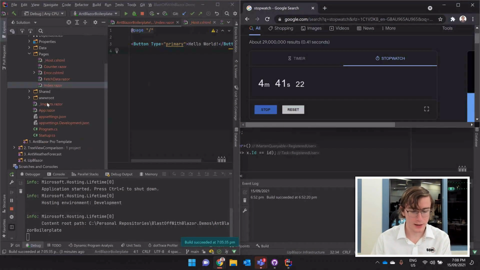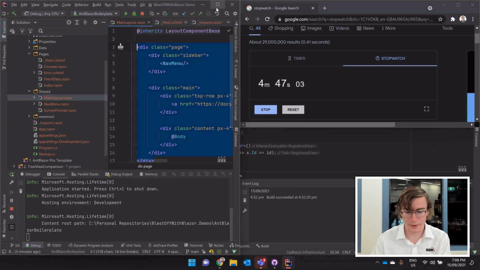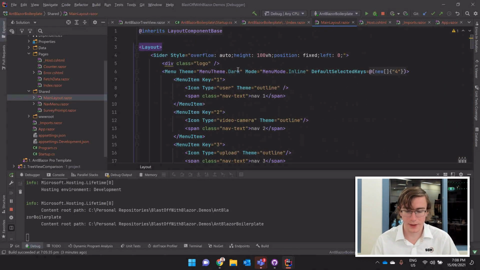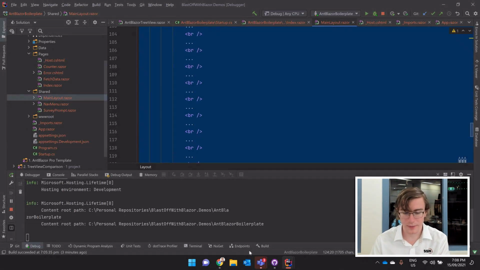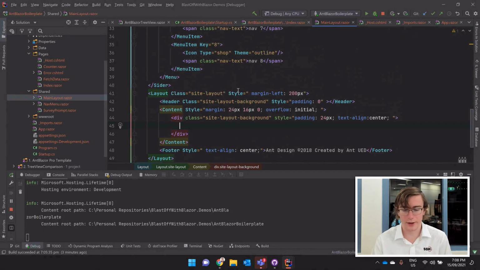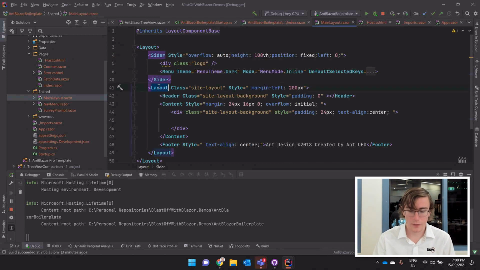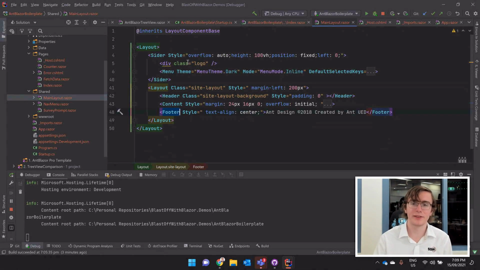And in the Blazor main layout, I can paste this in, ignoring everything except for this layout base to make sure it's still a layout. I can leave in these demo menu items, and let's just get rid of this content because we want it to actually serve as a typical layout. So as a visual idea, it also describes itself. We've got a layout component, we've got a sider, we've got another layout with a header and a content and a footer. So even without knowing Bootstrap, where it might have some 2-letter acronyms and a number, you can read a word and basically know